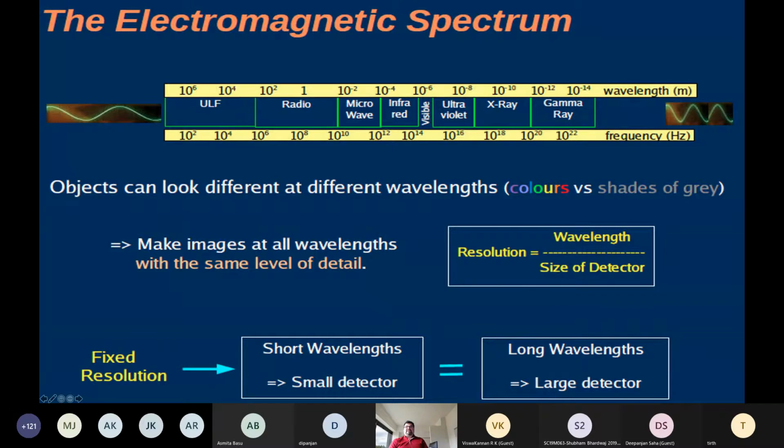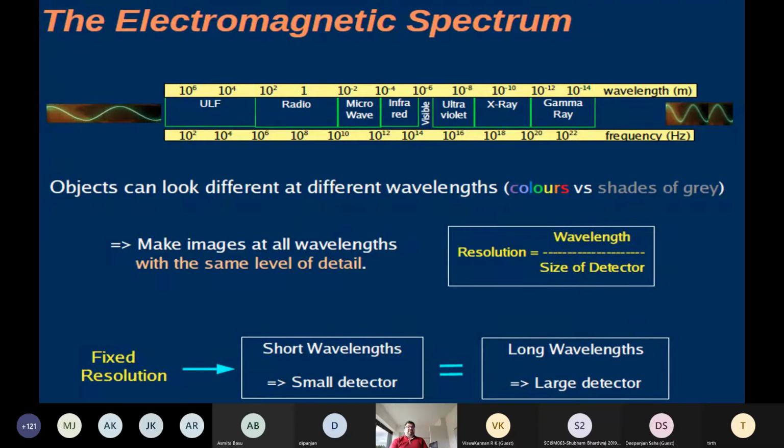Now, one thing to keep in mind, just a cheat sheet, is that the resolution of a detector depends roughly on the wavelength over the size of the detector. So that becomes very important. What is resolution? Resolution means the power of a telescope to differentiate between two sources placed at two different parts of the sky. If the resolution is poor, you cannot differentiate between a star lying in this part of the sky and that part of the sky.